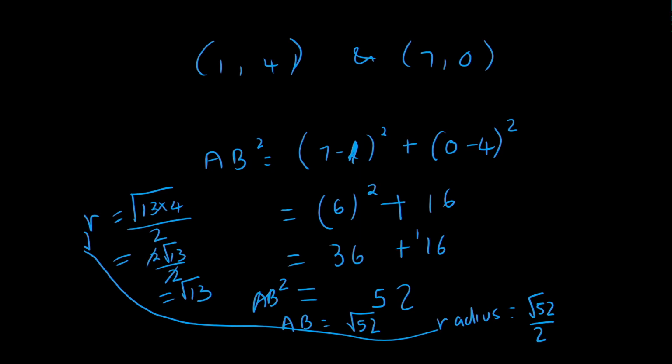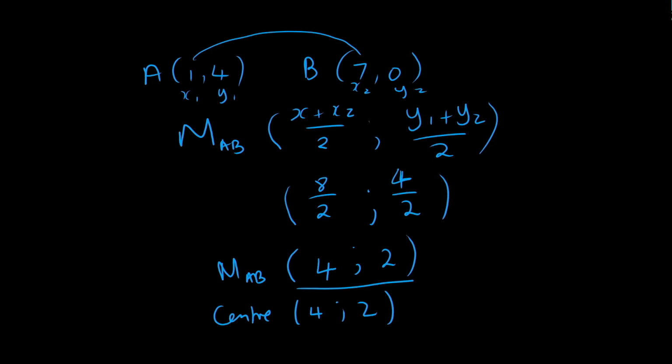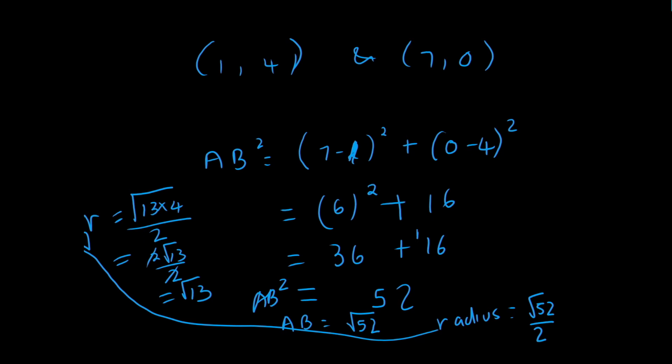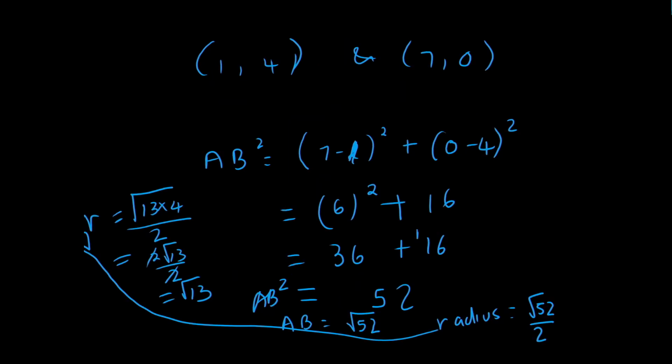So whether you use the diameter or you use the center of the circle and either A or B, you will still get that the length of the radius is, in fact, square root of 13. So the question here didn't ask us to find the length of the radius. I just went further to show you how we would find it. The question here said determine the equation of the circle. So where we would leave it is, what do we have here? We've got the center is 4 and 2, and we've got the radius is root 13. So therefore, our equation would be x